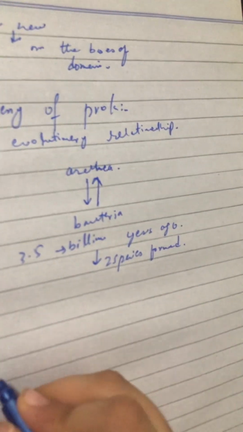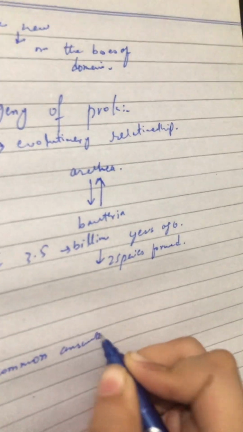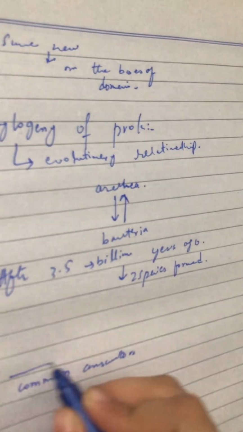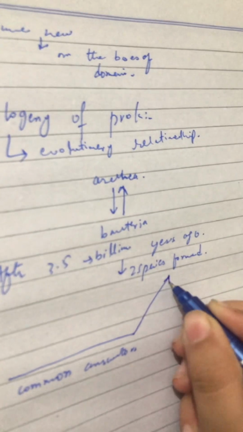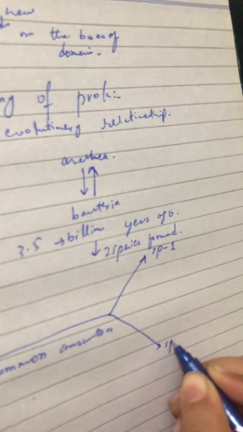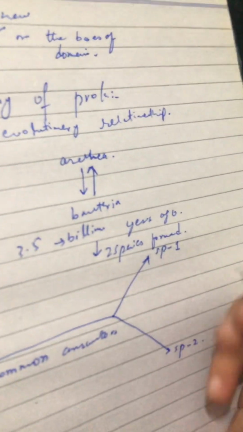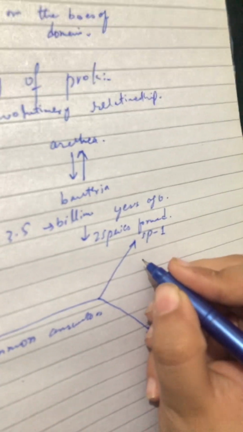Now we have here common ancestors. Let me draw, then I'll tell you what these are. Here we have species number 1, and here species number 2. Two species, right? So in this, if we talk about species 1, we have a sequence of gene, that is